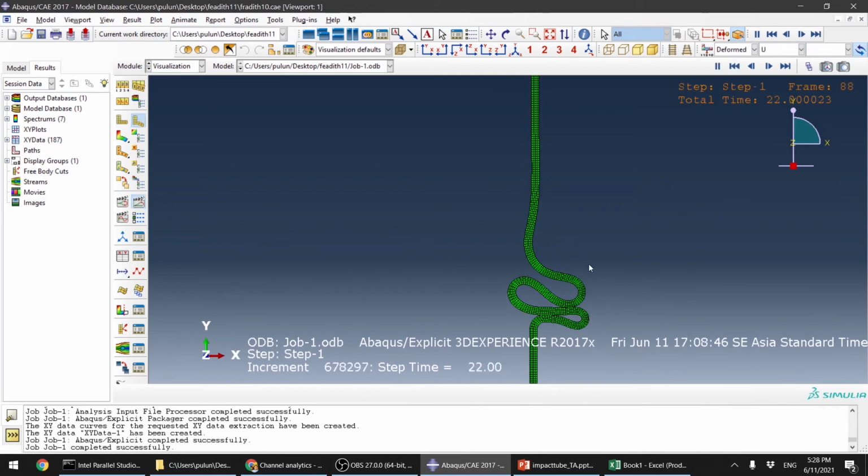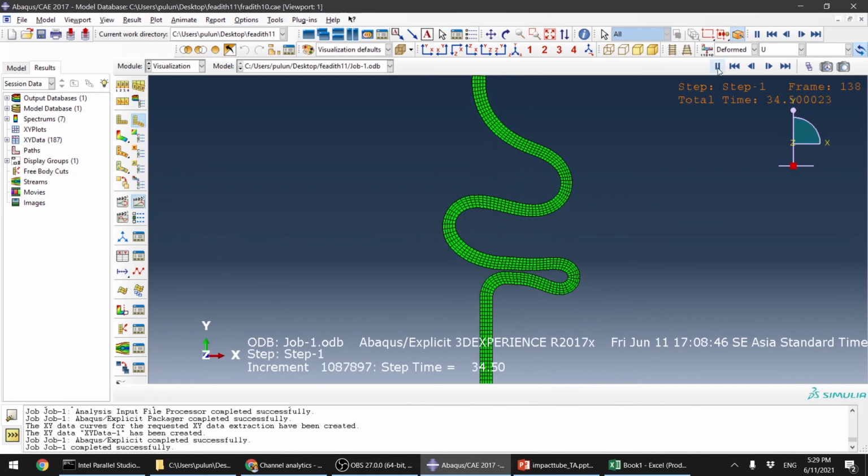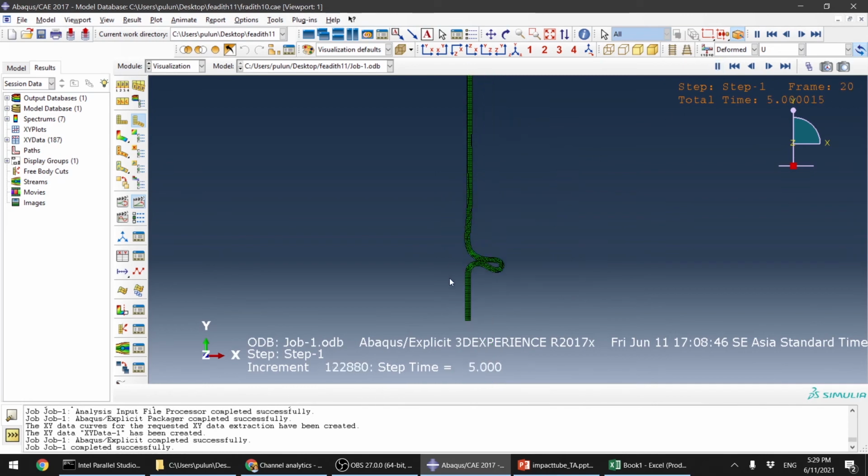Okay, as you can see here, it is way much stiffer. It is more difficult to bend, right? Only 2 folds. If I'm not mistaken, in the previous video we have 3 folds, right? Okay, now let's calculate